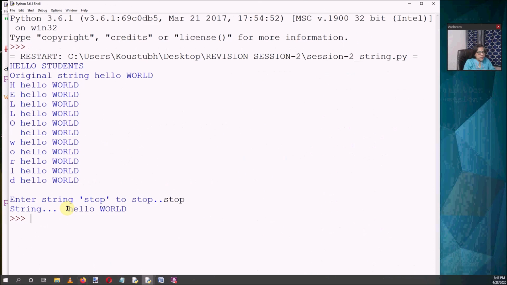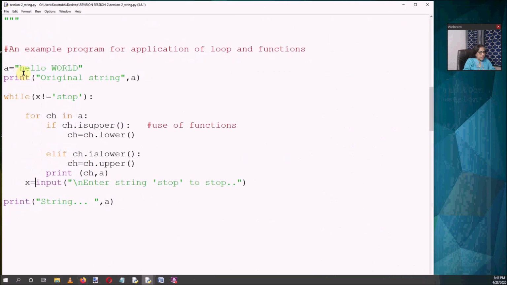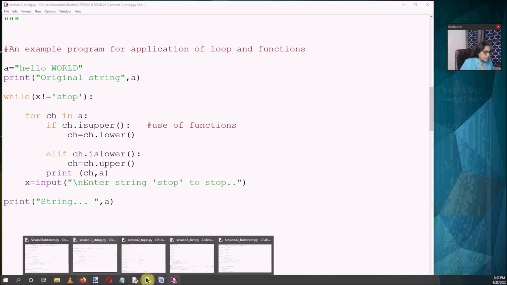Now it is printing. Observe that this is your original string, but when you are converting, it is printing in this way. Continuously it is asking, enter your new string, and it prints here as I am printing the character also and the key also. Hope that you have understood the string concepts, how the string and string functions are applied. Now I'll move to the next part of the explanation.